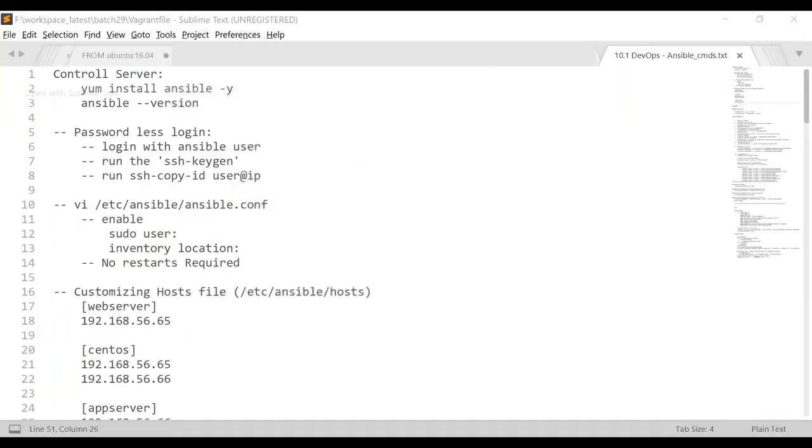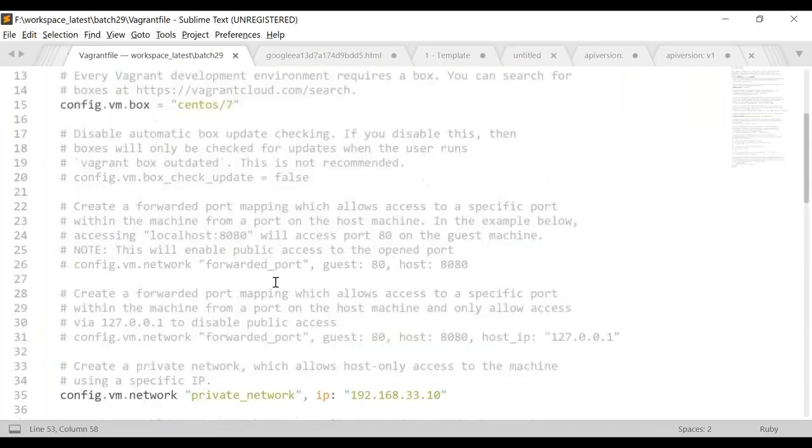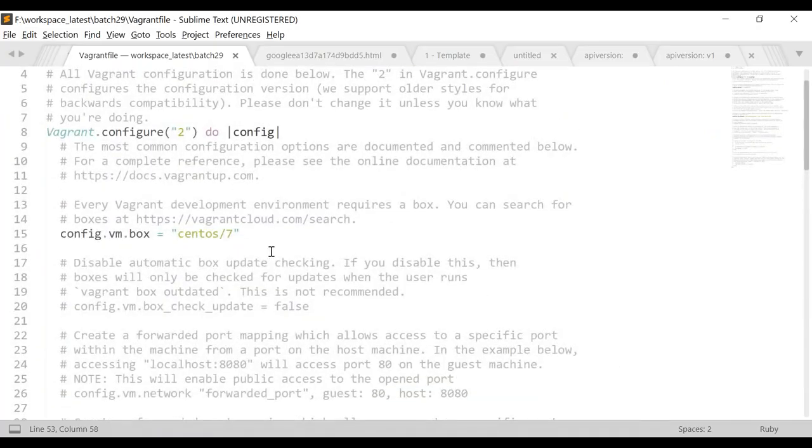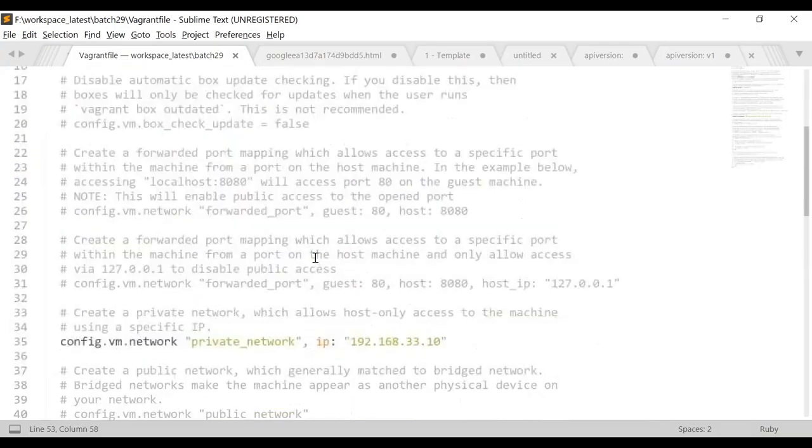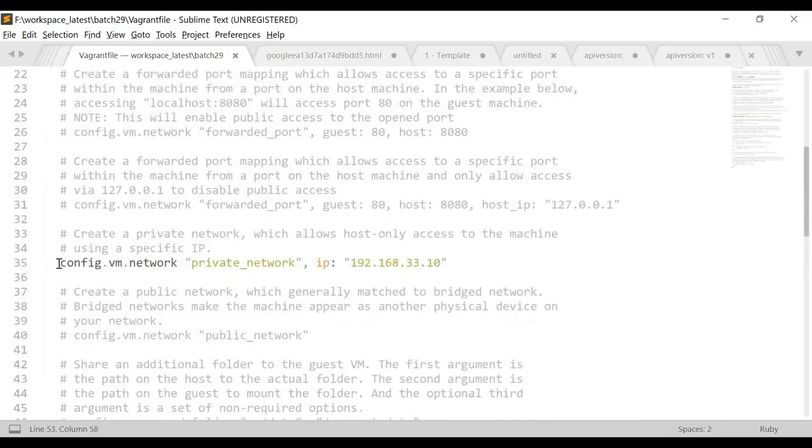Let me open this. But to have that external communication to the system, I would like to connect from my Windows to this one. We need to have one public IP address to access the system. If you need that communication, go to the Vagrant file and